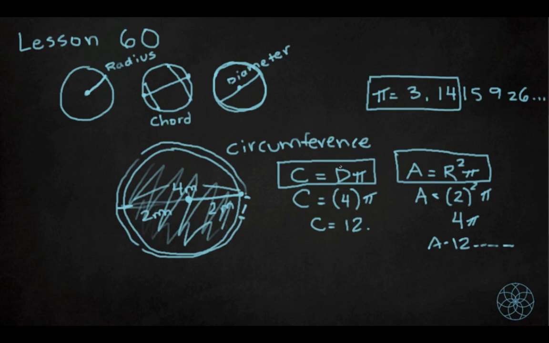So what do you need to remember from today? You just need to remember these terms. What's a radius? What's a diameter? Remember, a radius will always be half the length of a diameter. A chord is simply a line between 2 points on the edge of a circle. Circumference means the distance around a circle, and the area means what is the area in between that border. And then these are the two formulas. I would try to memorize these two formulas here